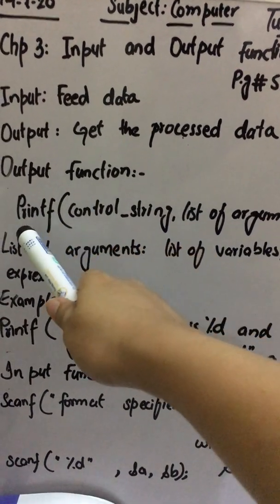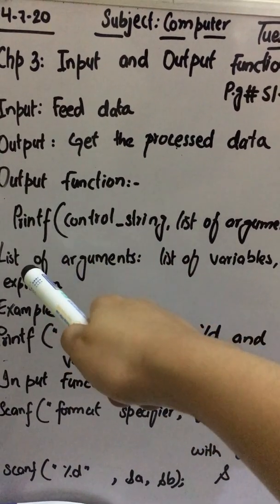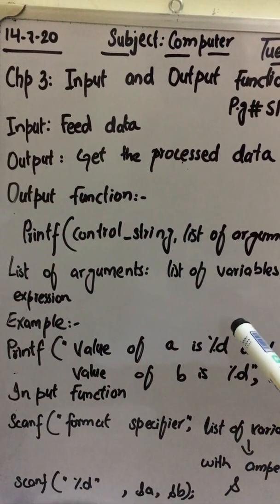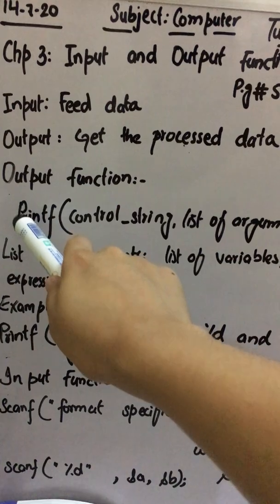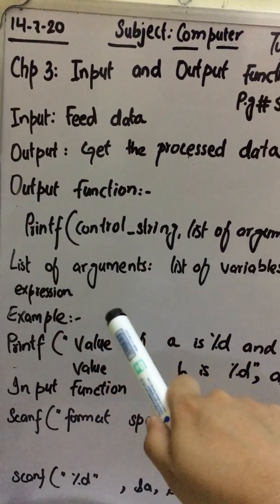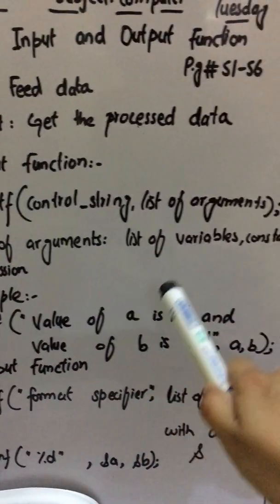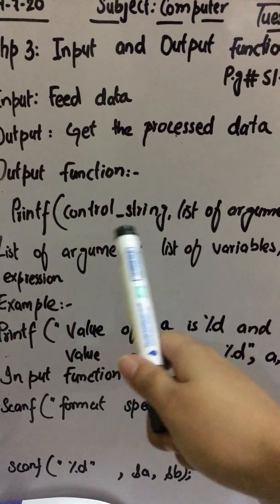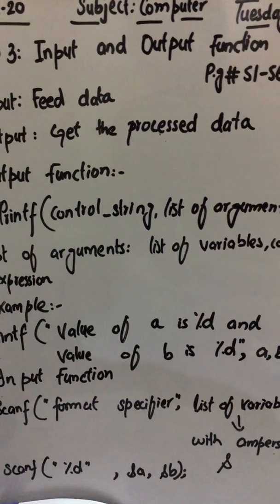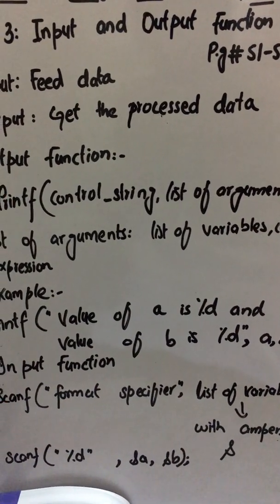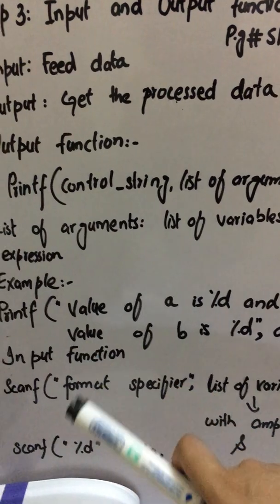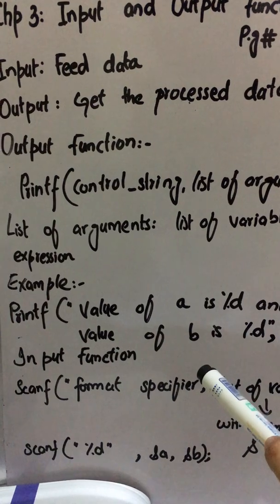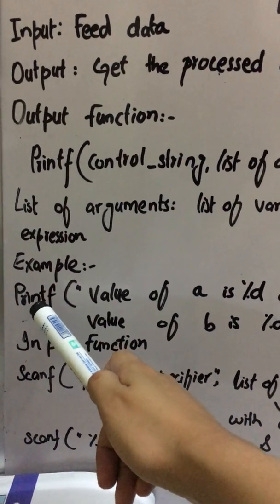Output function, the syntax for writing the output function is printf. In brackets you have to put the control string and list of arguments. So printf is an output function. What is list of arguments? List of arguments is the list of variables, constants, expressions or numeric expressions, etc. For example, if you want to print the values of two variables a and b given in your program, then how are you going to write it? You are going to write printf